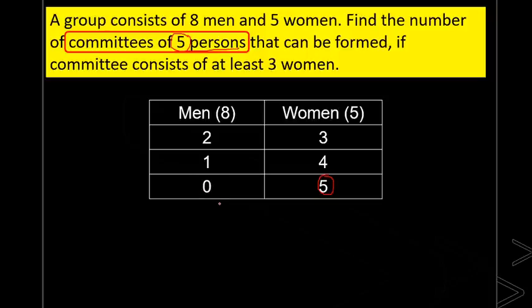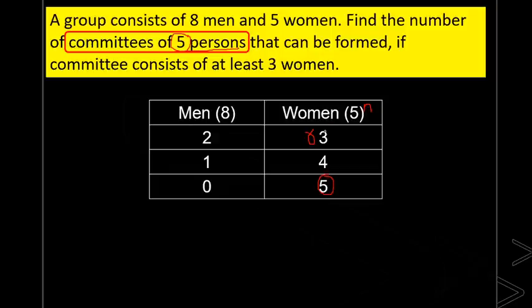So what is this? We are choosing from the available set. We are choosing the required values, which means it is a combination. So now I'm going to write it in terms of combinations. How can I write it? Look at the first one, from 5. What is this 5? This is nothing but the n value. From 5, we are choosing how many women? 3 women. So this 3 is nothing but the r value. Can you understand this? From 5, we are choosing 3. So 5 is n and 3 is r.